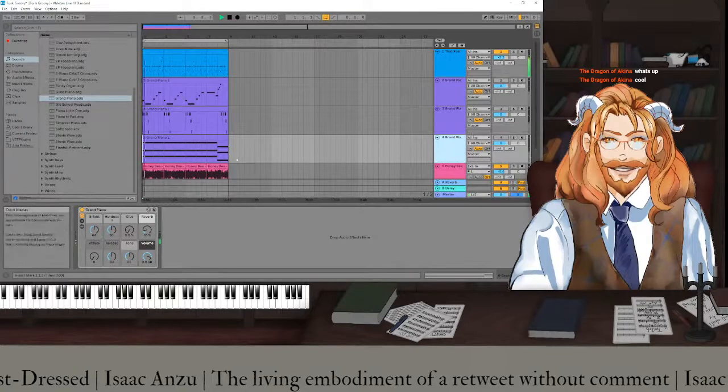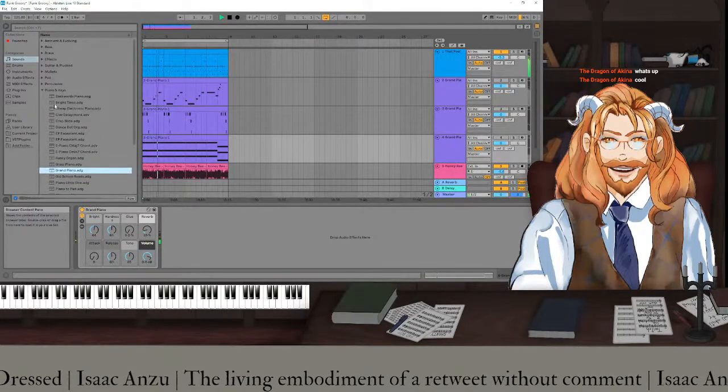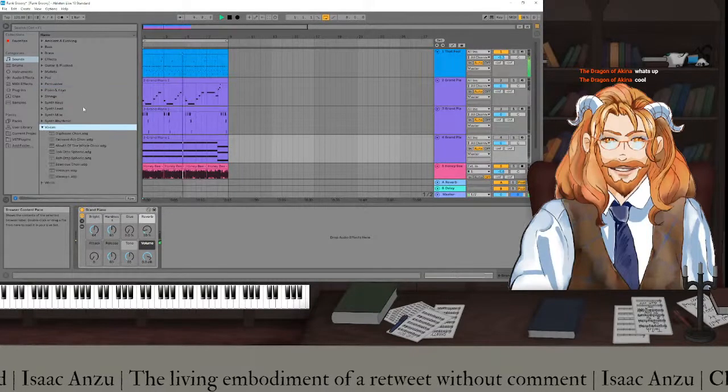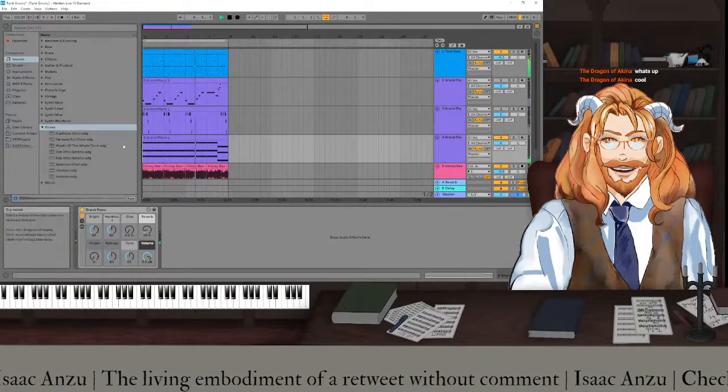All right, so now we pick out a chord instrument, which maybe we can look at what the voices have to offer.